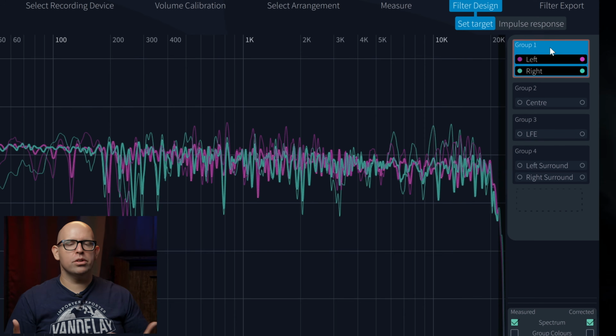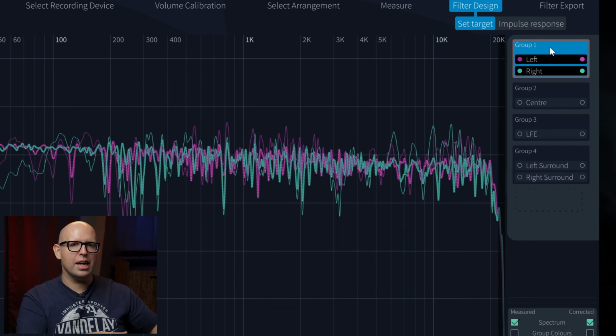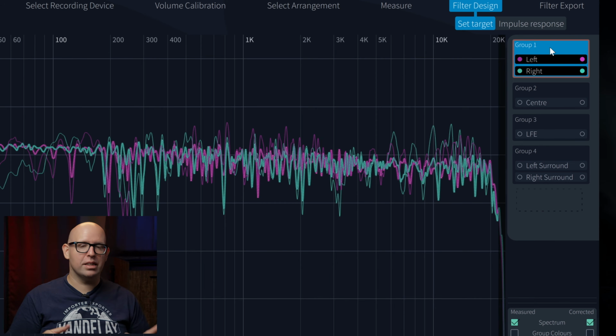And the one thing I will say before I go on is take your time doing the measurements. Don't rush through them. Don't knock the microphone over or have it tilted. Make sure that it's still straight up, and just take your time with it. The more time you take doing it means that you won't have to do it again. Save the time later by spending the time now.